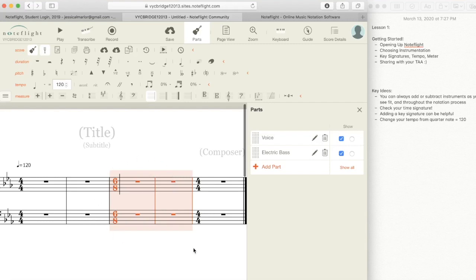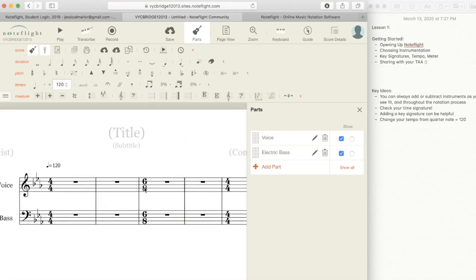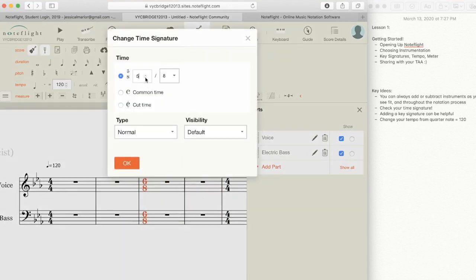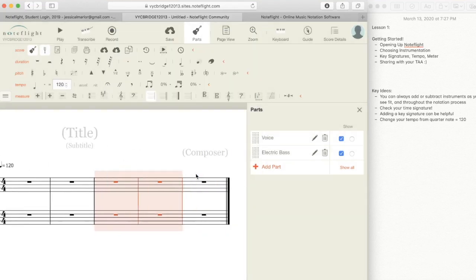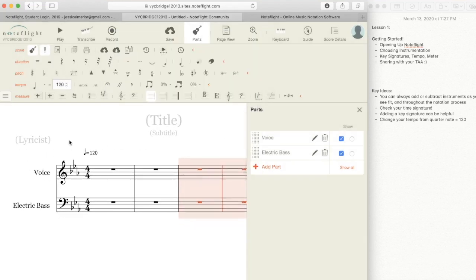So you can see that I have all of this highlighted. When things are highlighted, they're anticipating that you want to add notes. But I don't want to add notes right now, so I click way outside it, and that goes away. And if I just click this and change it back to 4/4, my meter will be gone. All right, so now I got my time signature here, I got my key signature,